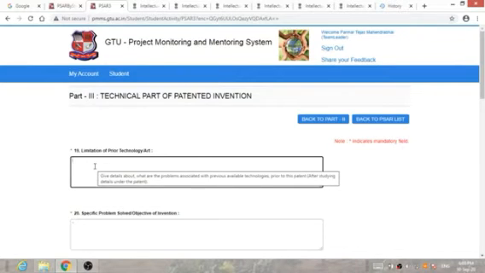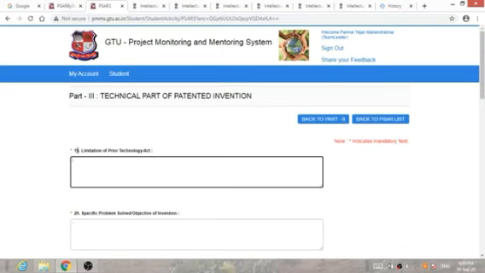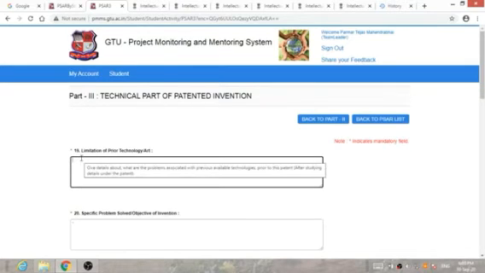That means you have to mention the limitations and problems associated with previously available technologies, before this patent arrived. So that you have to mention in your question number 19.